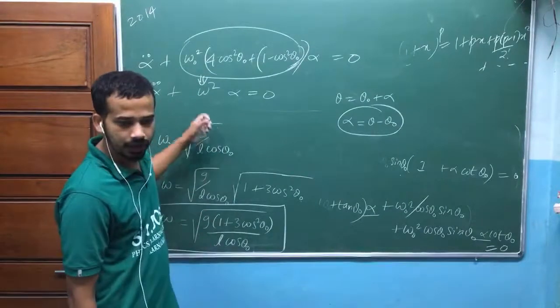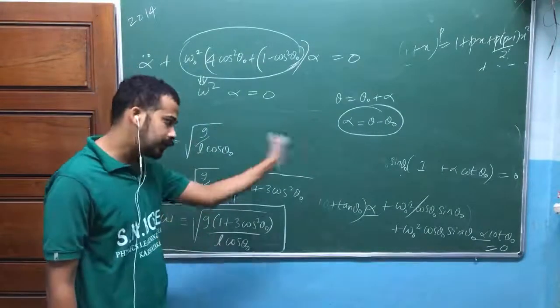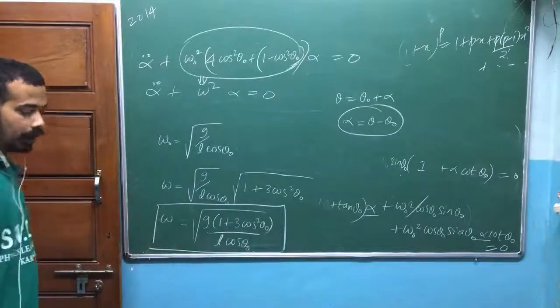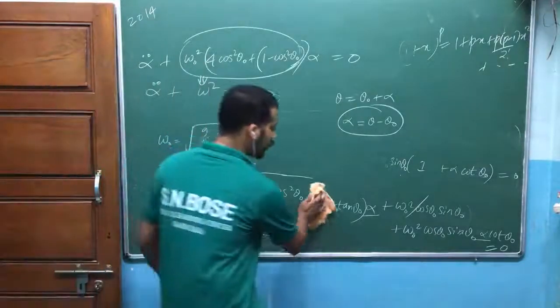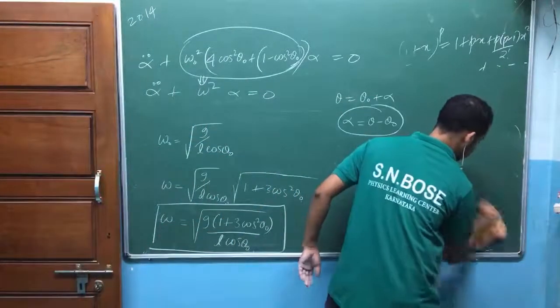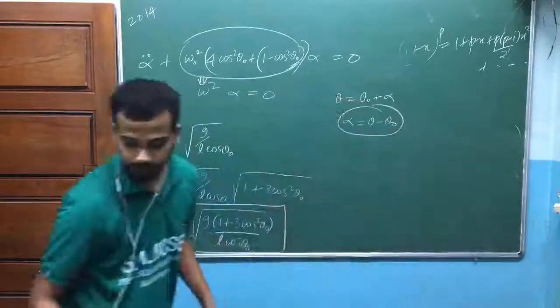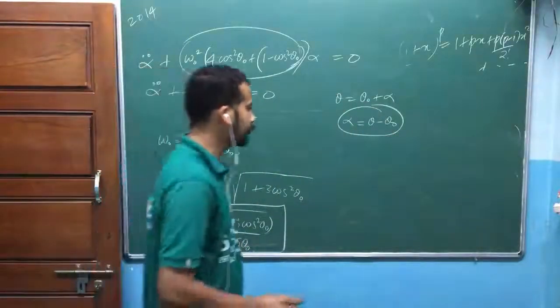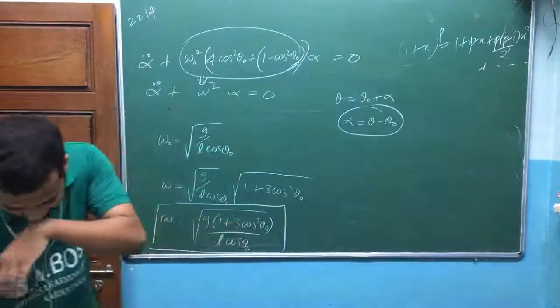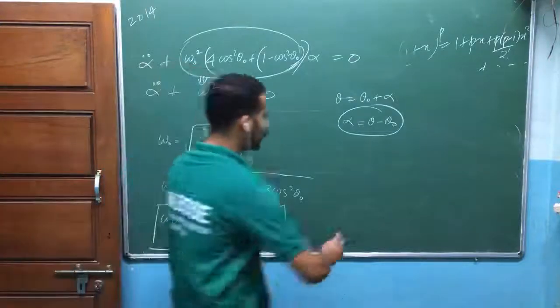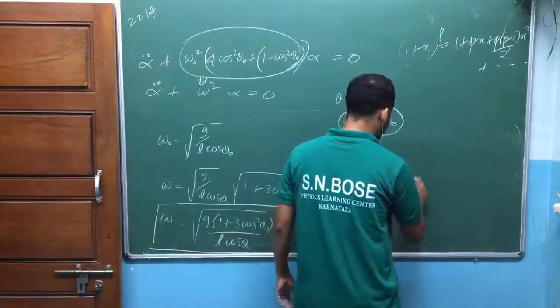That's our target. To get into this kind of equation, definitely we should do all of those approximations. And again, in that approximation also, look here, you have some logic. You haven't done any of those approximations as it is. Suppose you are taking sine alpha nearly equal to alpha.